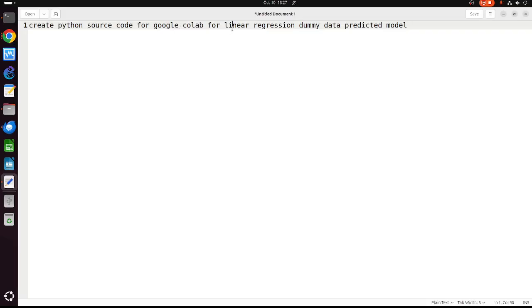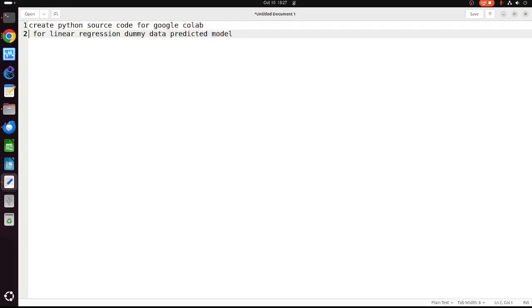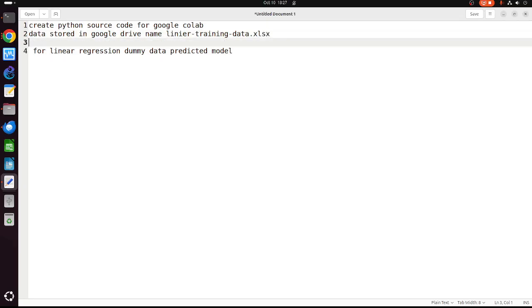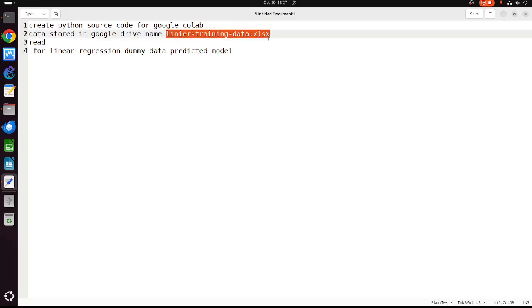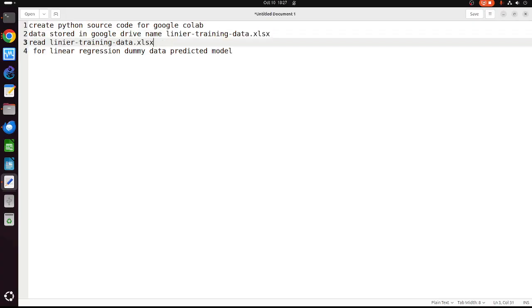For Google Colab, data stored in Google Drive, name this one XLSX. Okay, read the data file, read this one, store X and Y in a data frame.